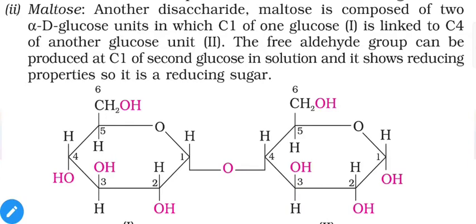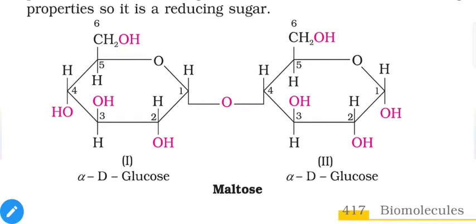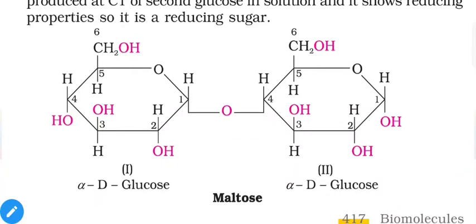It is not used, just like in the previous example. So that's why we will refer to this sugar as a reducing sugar, and it shows reducing properties. Here a simple structure of maltose is shown. We have two different glucose molecules, and as we can see, the reactive group of C1 present here is already used in this glycosidic linkage, but the second molecule still contains its first carbon in a free state of reactive group, or aldehydic carbon. It is not used in bond formation, that's why it can be a reducing sugar.